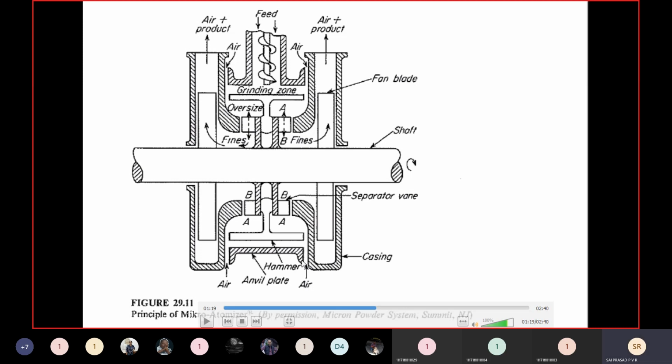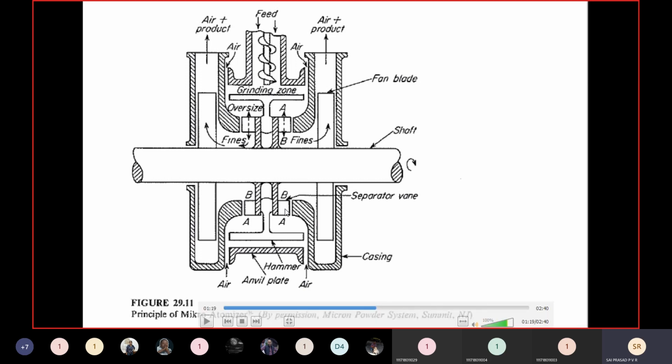The fans are rotating and displacing the air from the system, so the air is taken out. There is a movement of air created inside. Because of this, the fine particles will be moving toward the center. This is the logic behind the entire construction. The small particles will be moving toward the center because they are dragged by the air, whereas the larger particles will move away from the center and take the blows of the grinding medium, and then the crushing takes place.